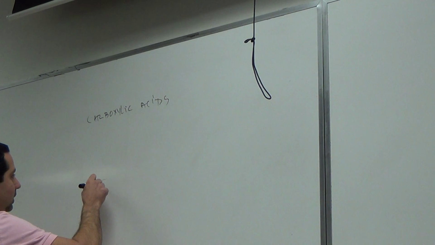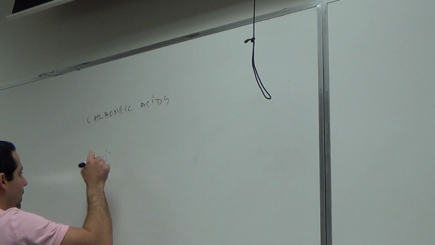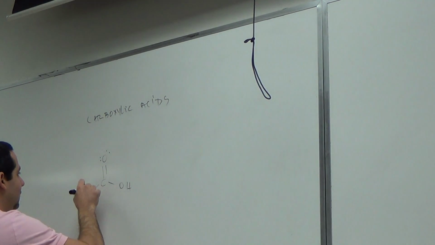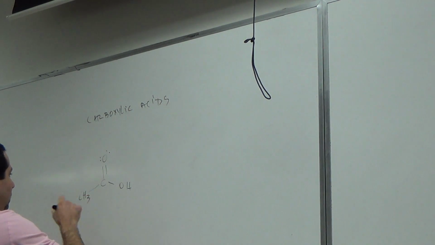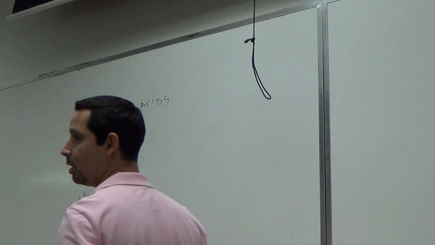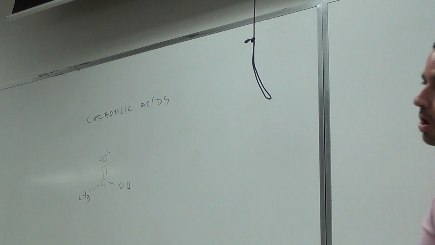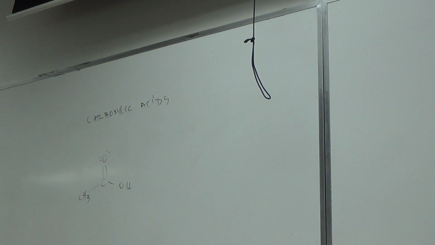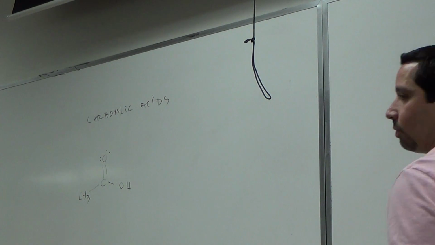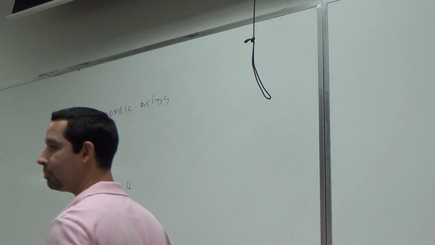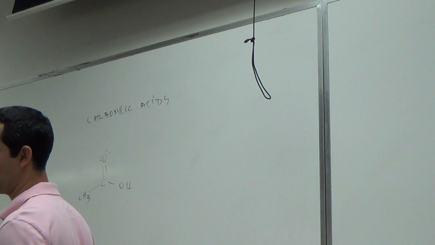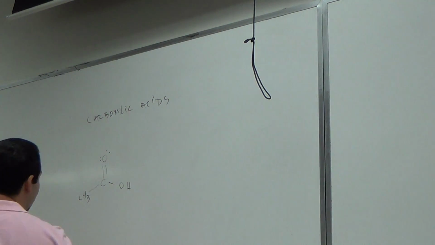So carboxylic acids. Everybody in here already knows what a carboxylic acid looks like, yes? This is a carboxylic acid. Some of these common names are allowed by IUPAC nomenclature. Now the purpose of me here is not to teach you naming. I don't really know that much about naming, but